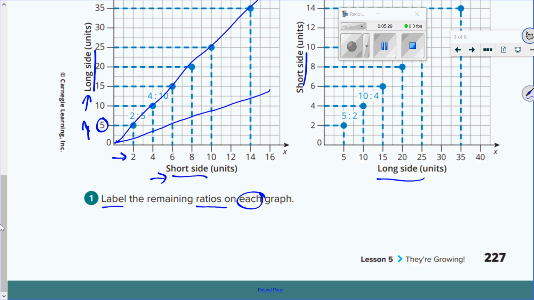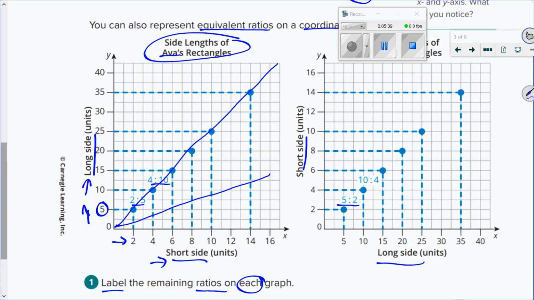What does it mean to label a ratio on a graph? Madison, write the ratio. They did the first 2 for you. All they're saying is write the rest of them. So our next point, 2,5 is that point, 4,10 is this point. So my next point is what? 6:15. Then the next one is 8:20. Then we do 10:25. Then our next one is